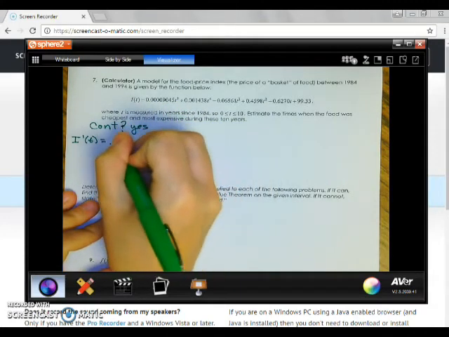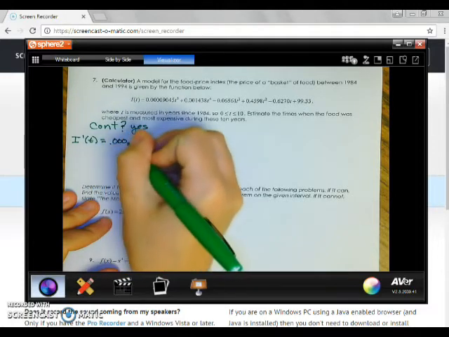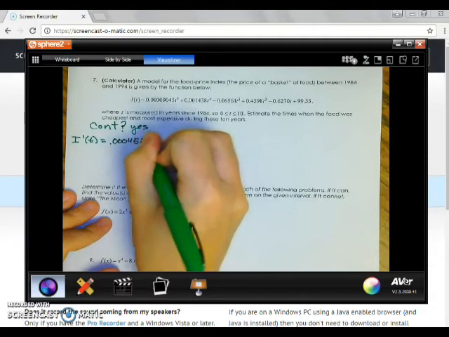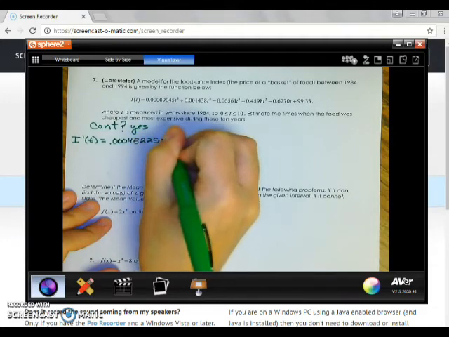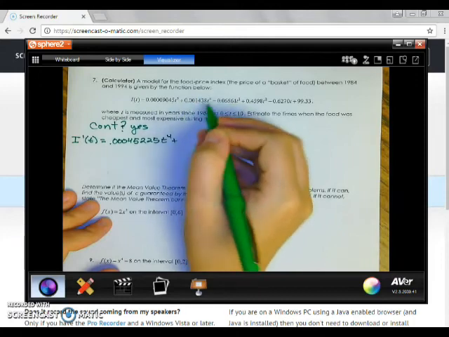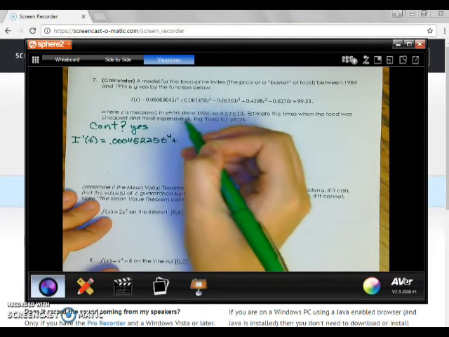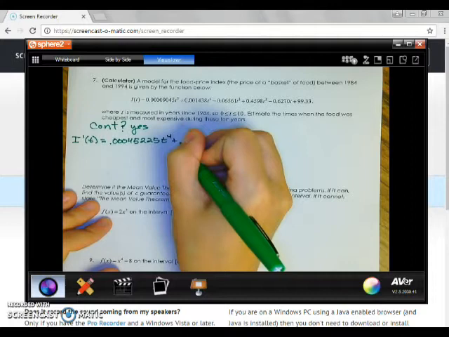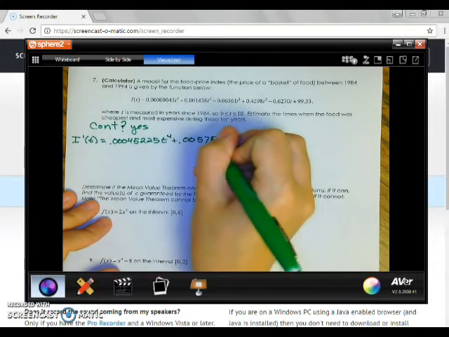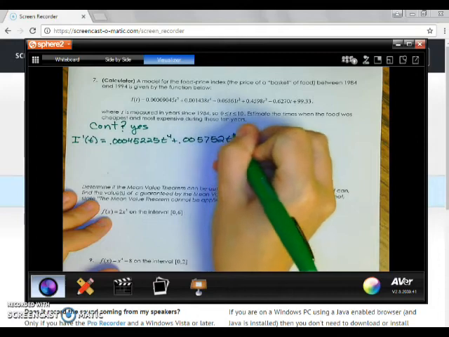So you get 0.0045225 t to the 4th. Okay. Plus, now we're taking the derivative of this term, so I multiply 4 times that decimal, and then I'll decrease the exponent by 1. So it'll be 0.005752 t to the 3rd